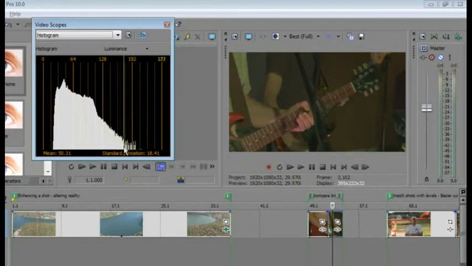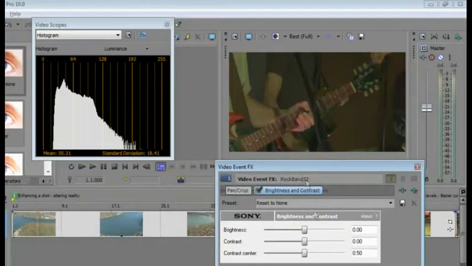It has a narrow range, so it looks like we could use some more contrast. And this problem is a little different than the last one, where the other one sort of had a relatively evenly shaped bell curve. This one has a much steeper drop off on the high end than it does on the low end. Now, if I try to put a brightness and contrast filter on this, let's go ahead and do that, and just raise the brightness,